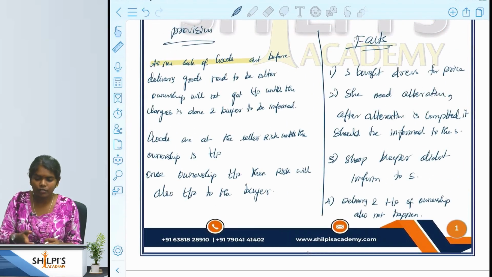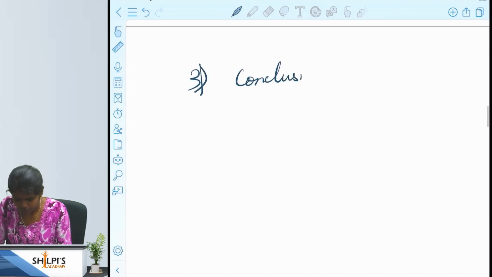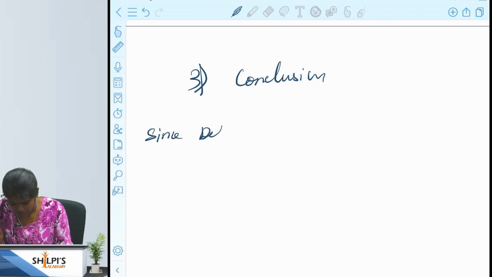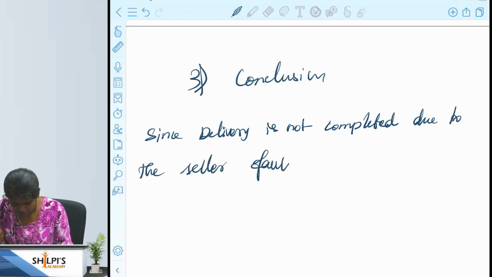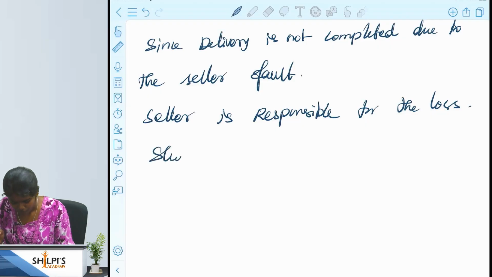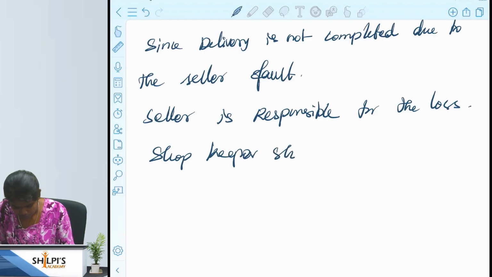And then the next process, we have to give a conclusion based on these facts and provisions. So third, write a heading as conclusion. Since the delivery is not completed, the risk will also not transfer to the buyer, it is in the hands of the seller. So we have to write this also. Since the delivery is not completed due to the seller's fault, in this case the seller is responsible for the loss, and the shopkeeper must refund the cost of the dress